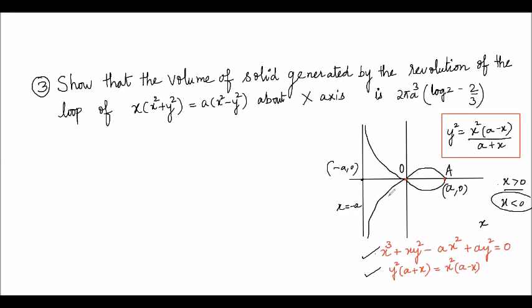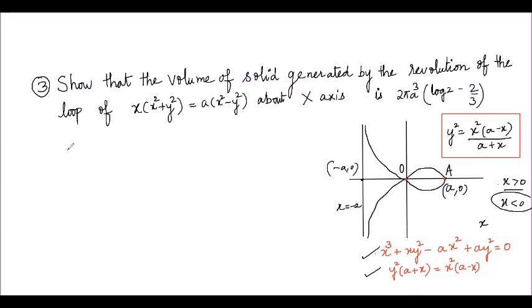So this is a brief idea that the shape of this curve will be of this form, and why we have these infinite branches at x equal to minus a, and why the curve is not lying beyond minus a and a, because in that case y square will not be defined. And if I talk about the loop, we have this loop. So we have to find out the volume of the solid which is generated by the revolution of the loop. So this is the loop and we are revolving this loop about the x-axis.